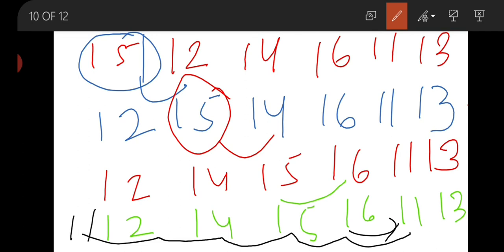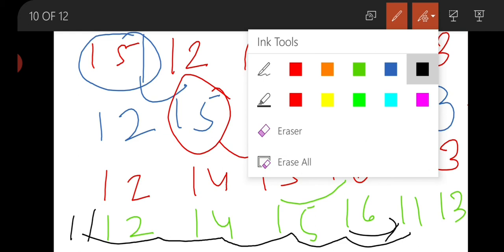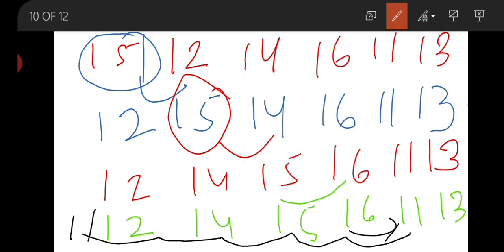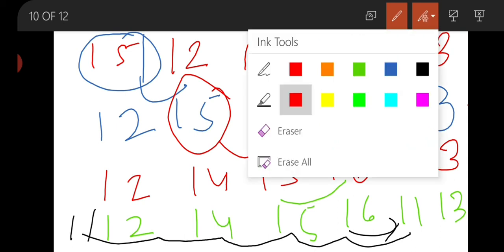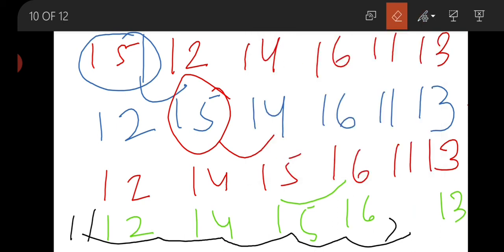Now 13 is going to be compared with 16. Here 11 will be removed from here. In the next step, 16 and 13 are going to compare.